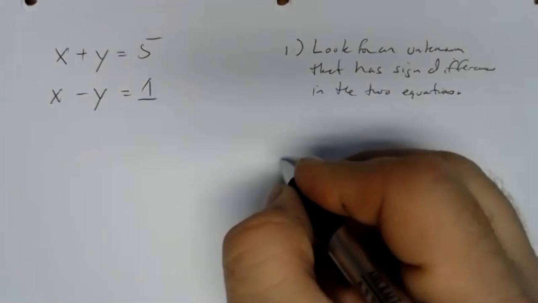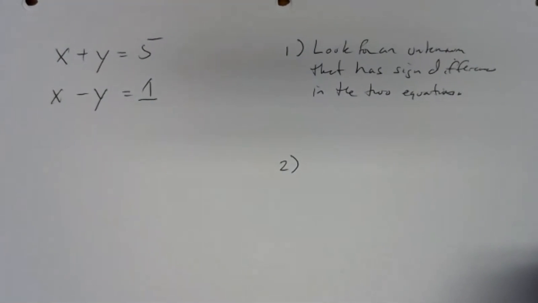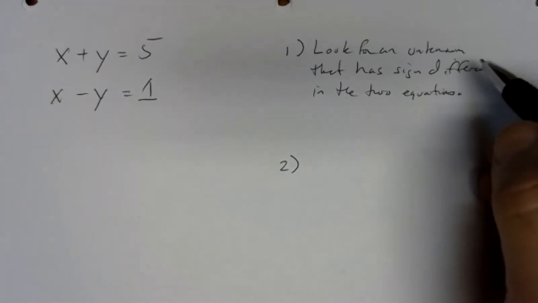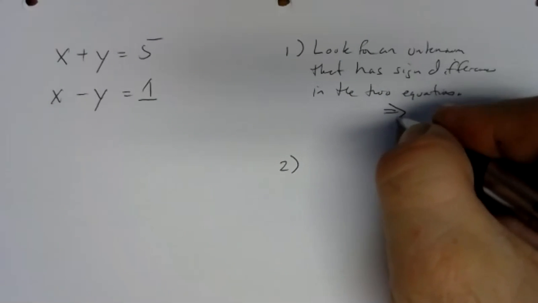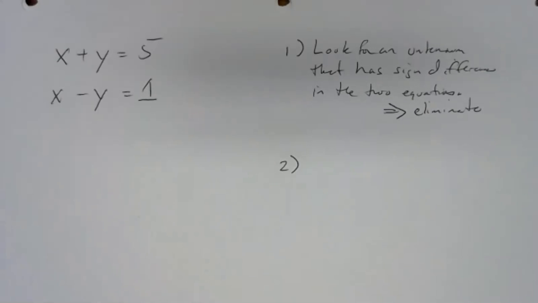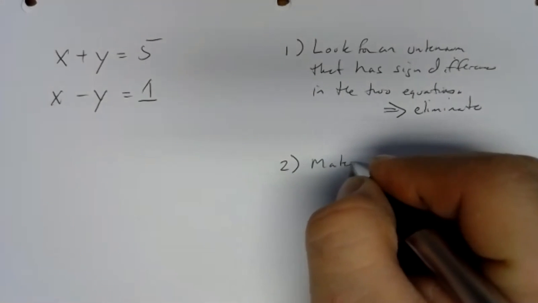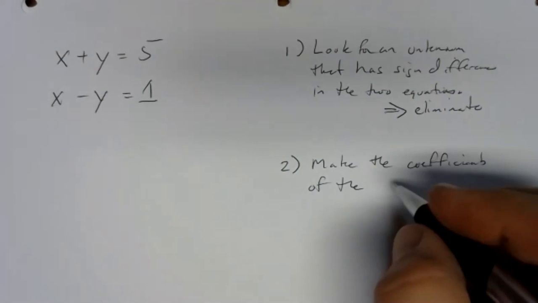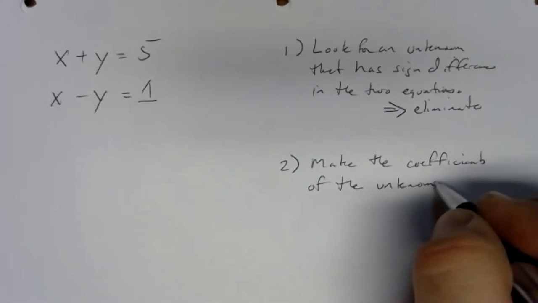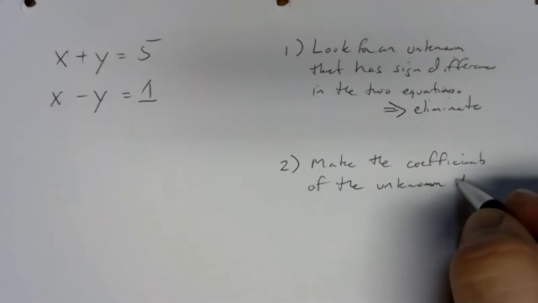The next step is to make the coefficients the same on the unknown with the sign difference, the unknown you've chosen to eliminate. In fact, up here in step 1, when we look for an unknown that has a sign difference, that's the one we're going to eliminate. That's our target for elimination. So y is our target here. We want to get rid of y. And the way we set it up so that y ends up going away is we make the coefficients of the unknown to eliminate